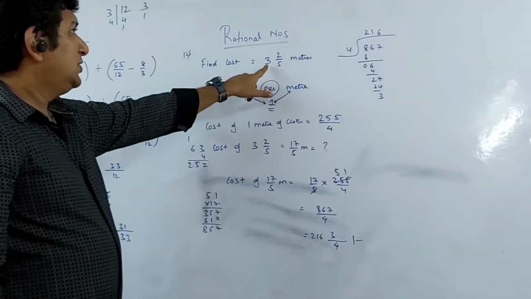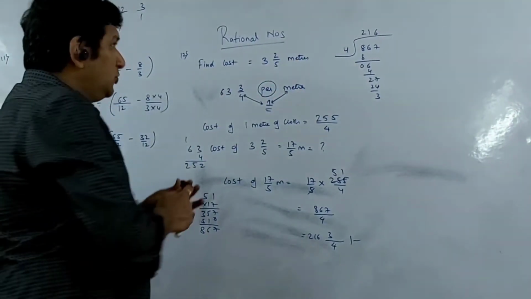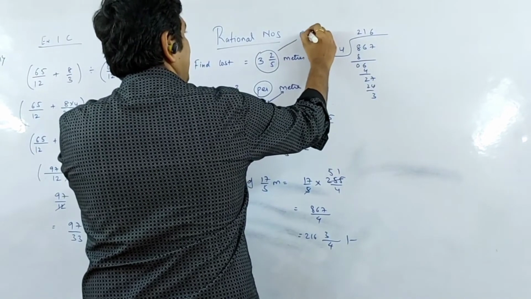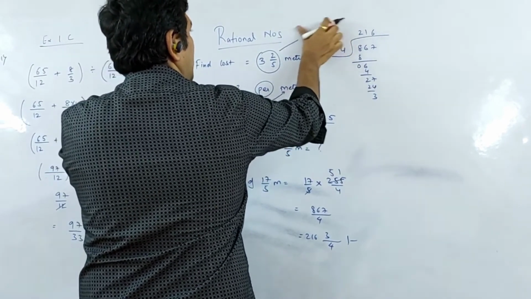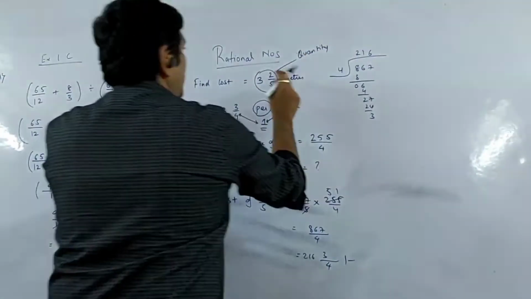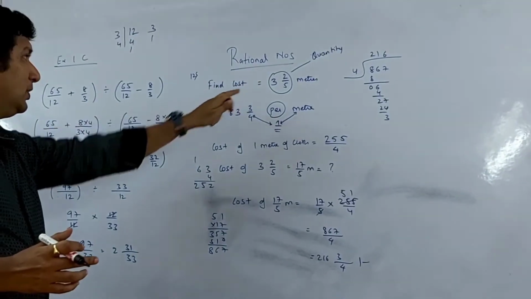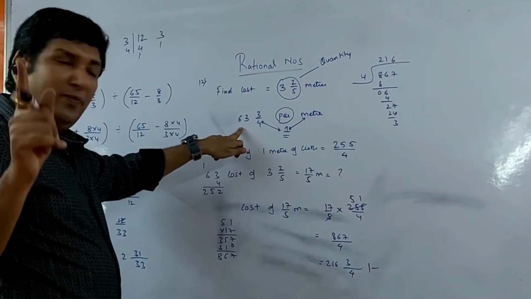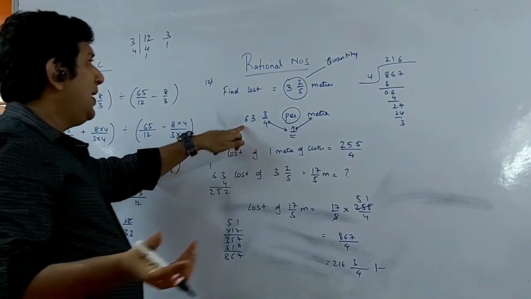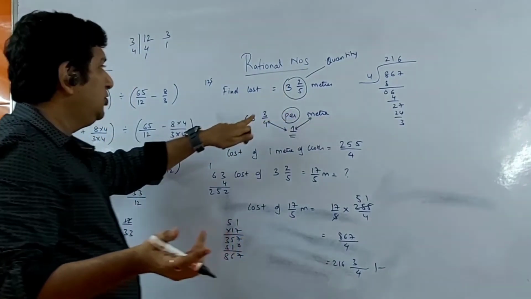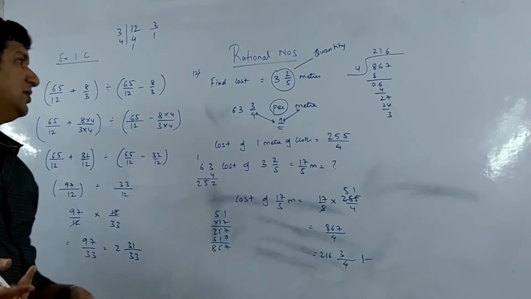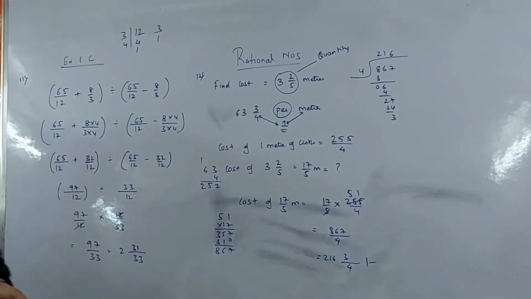So I repeat again, students. Find the cost of this many meters. So this is known as what, students? Quantity. This is said to be your quantity, which is very important. I have to find the cost of this much quantity. They have given us the cost of 1 meter. Per means 1. 1 meter is so much. What is the quantity I have to buy? So much. So obviously this into the cost of 1. This is what I have done, 17/5 into 255/4, and the answer is this. So till now we have done 12 sums.